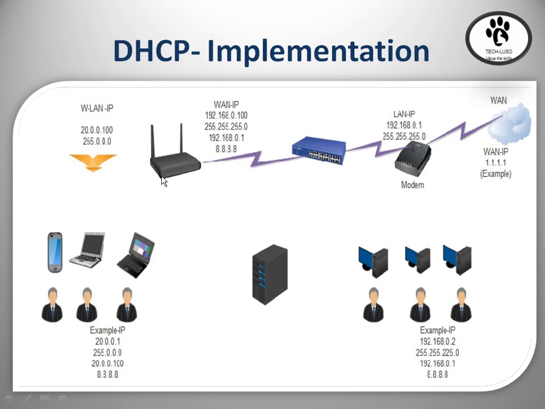Once it gets into the WAN, once again the wireless router will provide DHCP services. It will provide dynamic IPs in the range of 20.0.0.1 to 255, like this. Normally almost every device is capable of providing up to 1024 IP addresses by default. If you want more, you can update the firmware. It may be a wireless router or it may be a firewall.